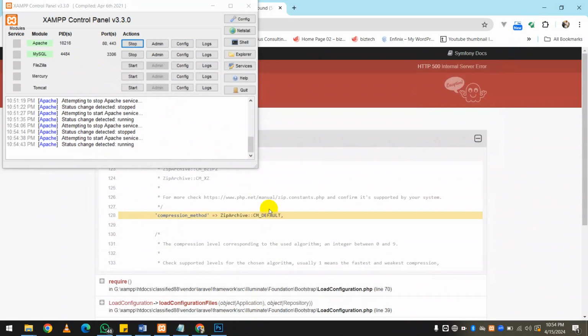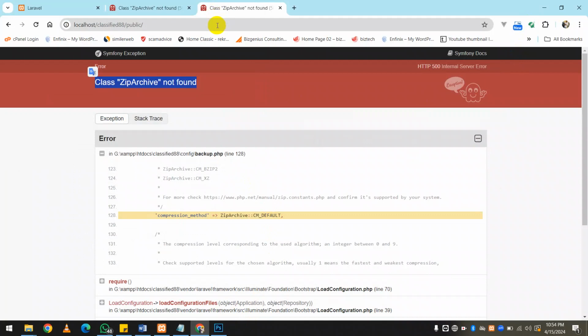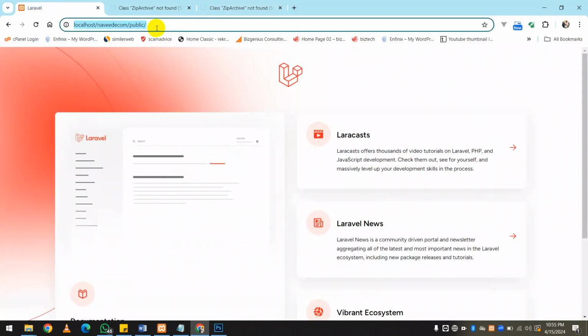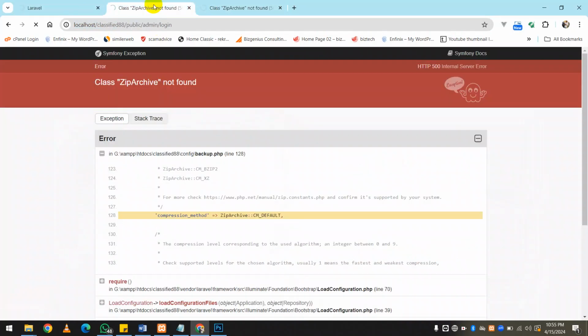If you are not working on localhost and are working on hosting, then go to cPanel, then PHP, then the php ini file. Now you will see when I click, this will also work. It's taking time, but it will work. Don't worry. It's working. This will also work. Here you can see